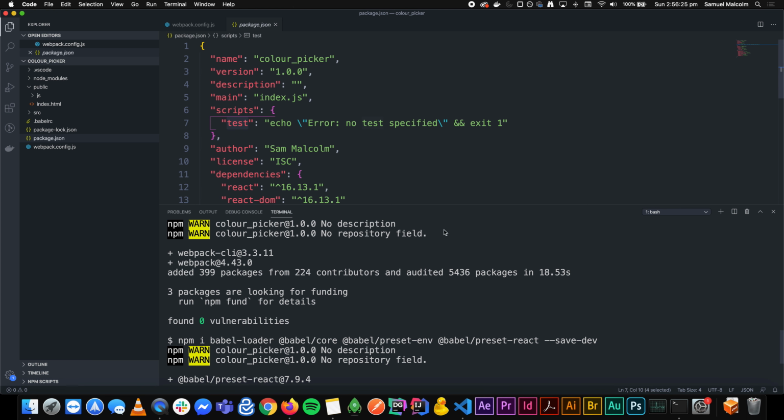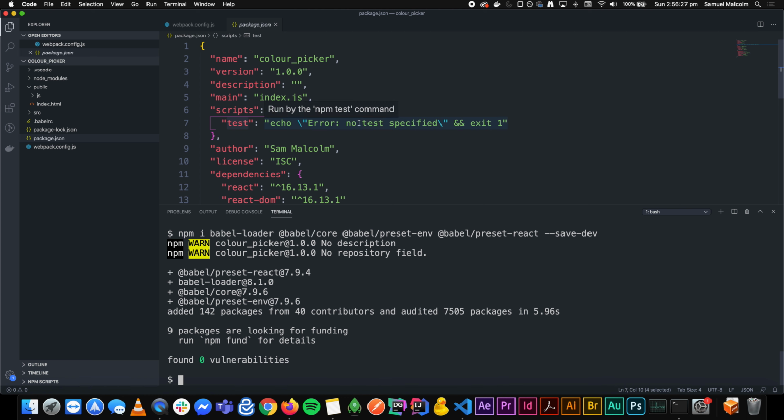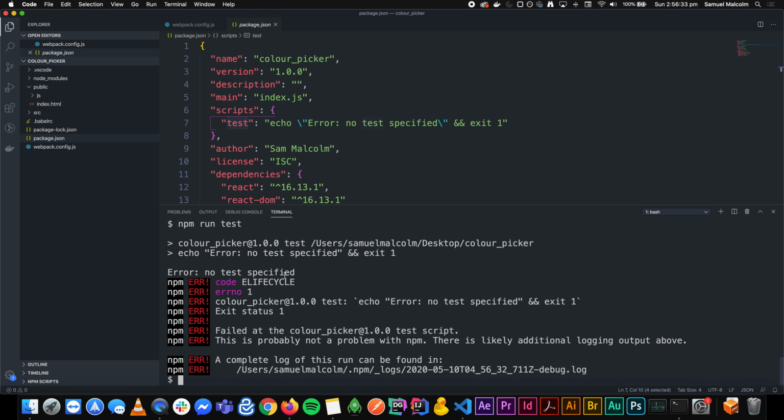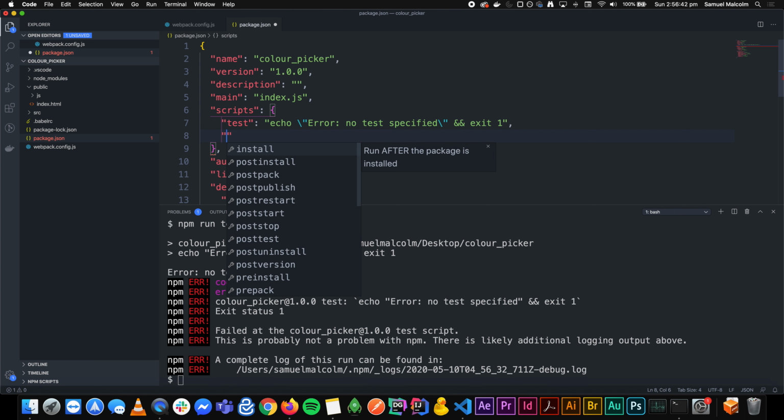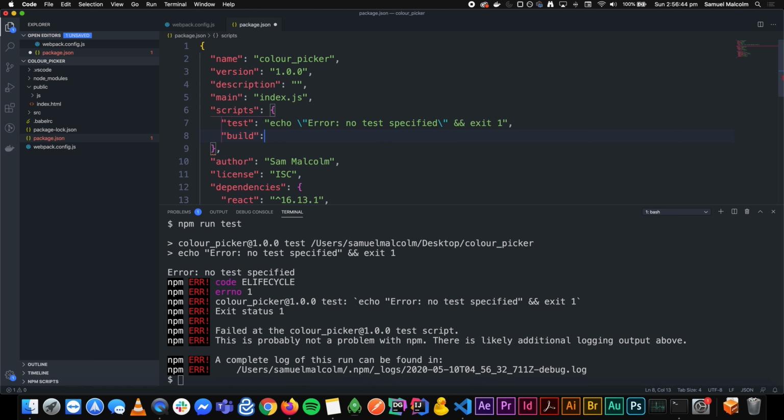For example, we have this test script, which basically says there's no test specified and exit. So if I said in the terminal npm run test, it would say no test script specified, which is what's here. But we want to add one underneath, a new term. We're going to call it build. We're going to simply run webpack